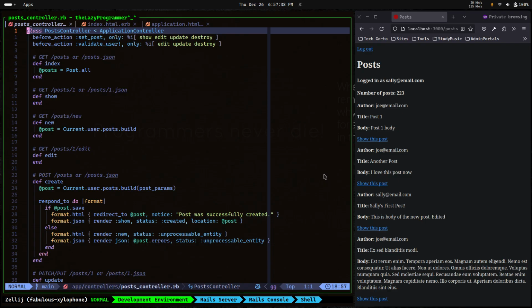All that I have is a user and a posts model. I have a user who can create posts, delete posts, basically the usual CRUD operations. Okay, and I'm using the Rails 8